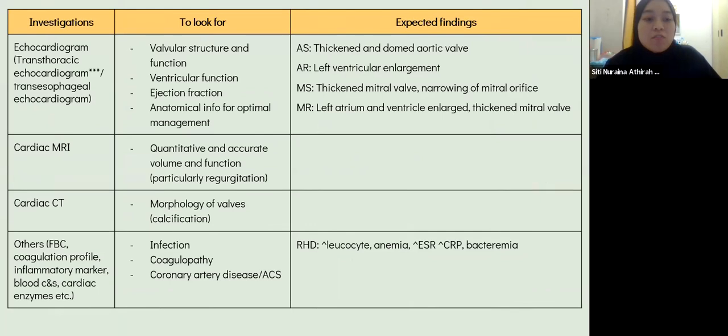For others, investigation is basically for the baseline and to rule out any other diagnosis, such as we can order full blood count, coagulation profile, inflammatory markers, blood C&S, and also cardiac enzymes. And it is to look for infection, coagulopathy, coronary artery disease, or any associated acute coronary syndrome. So, as I mentioned earlier, rheumatic heart disease is the most common one. So, what expected finding we can have in rheumatic heart disease is increase in